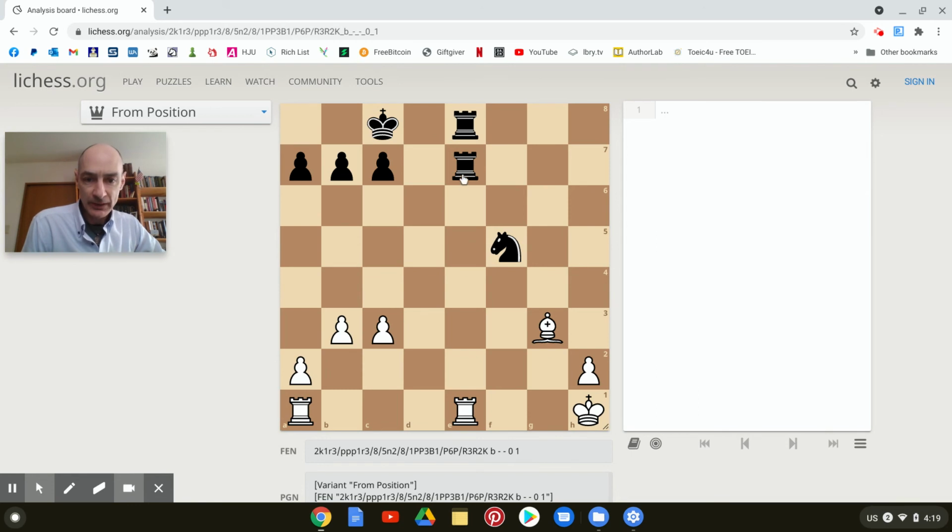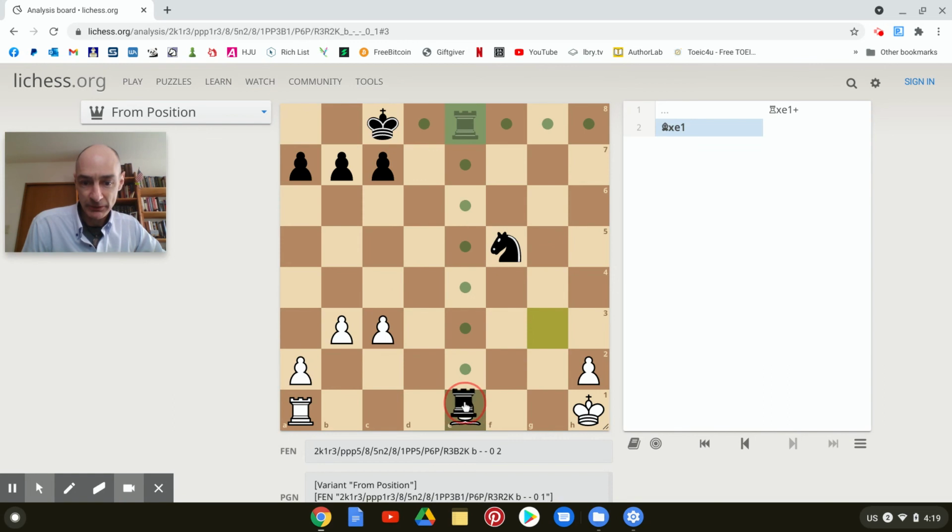So let's look at what is not the answer to the problem. Let's suppose that Black decides to take the rook. So rook takes e1. White would be very happy to see this because White can take back the rook with the bishop. And now if Black were foolish enough to take the bishop,